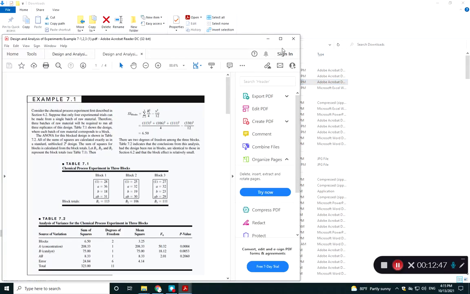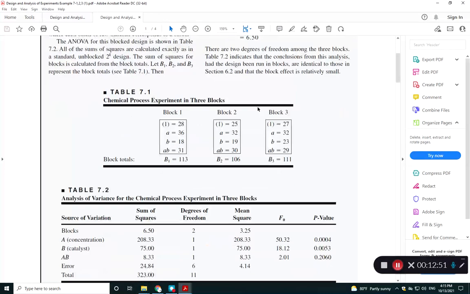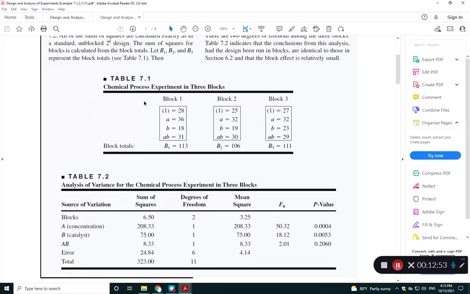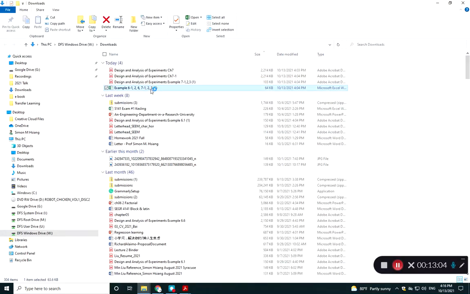Go through the 3 examples first. I give you the Excel, right? The 3 examples, basically, they're doing exactly the same computation procedures, okay? And if you go through the Excel,